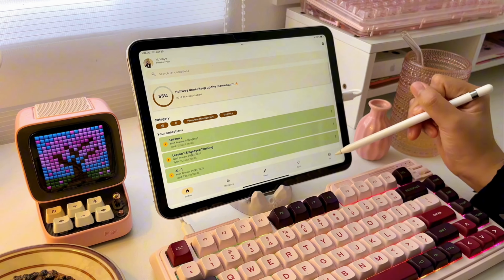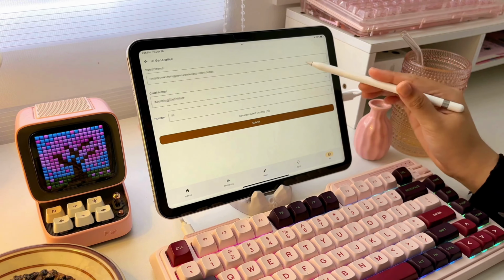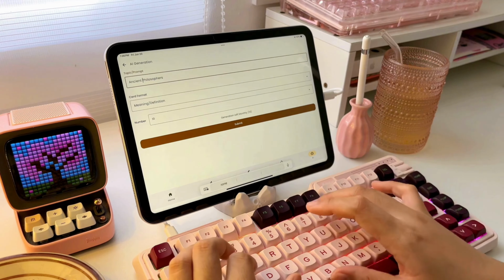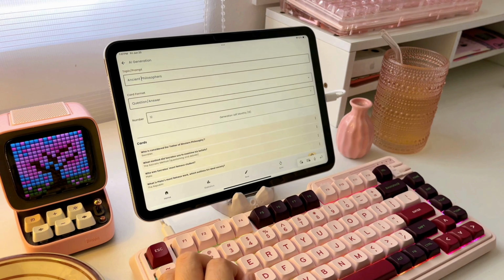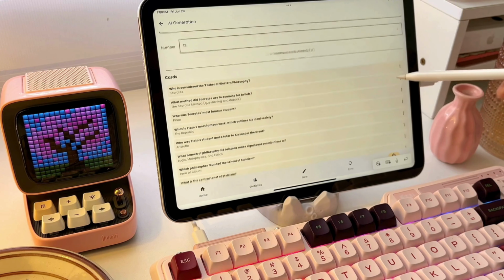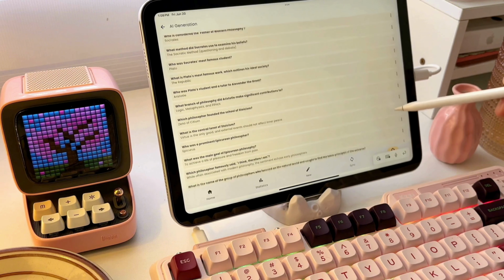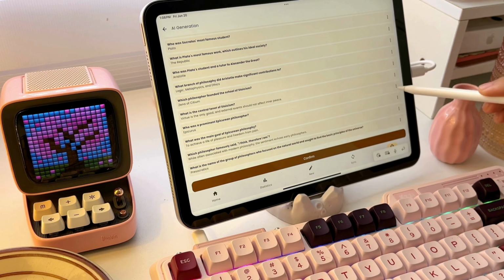Using AI to make flashcards in erallMemory is fast and efficient. Just input a topic like the ancient philosophers and the AI automatically generates relevant flashcards. It breaks a topic down into key terms, questions, and definitions, placing them neatly on the front and back of